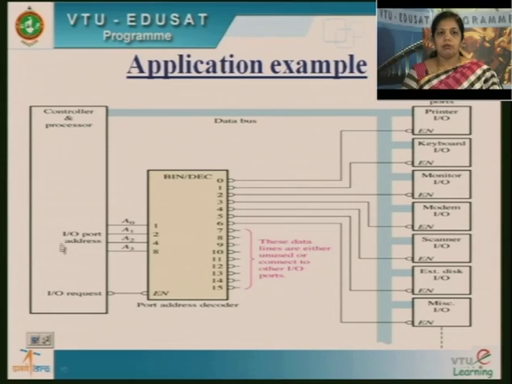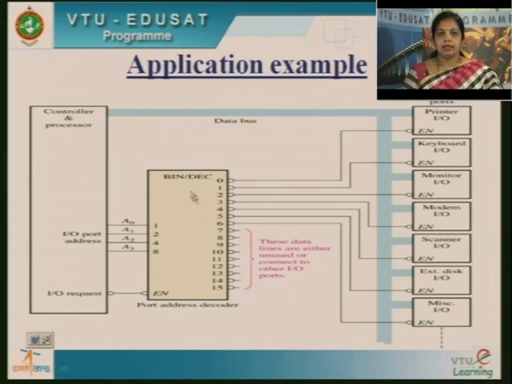The IO port address from the processor is connected to the output lines of the processor, and these are connected to the input lines of the decoder. Of course, we have an enable pin which is active low here.